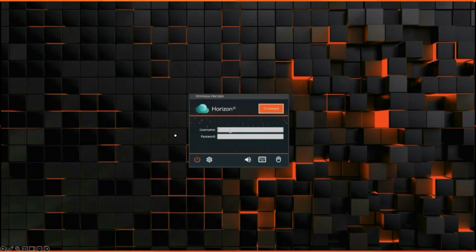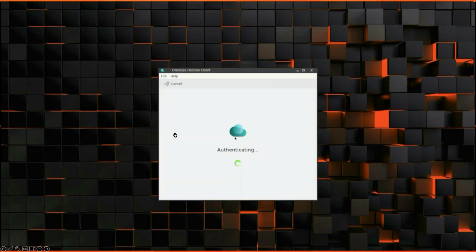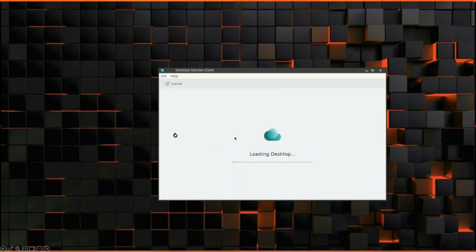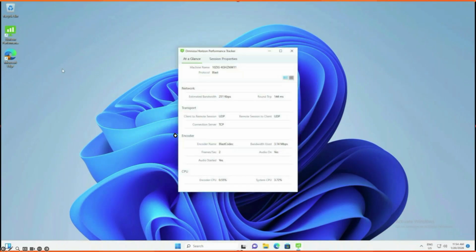Now, what we'll do to conclude the demo is sign in to Horizon and launch the Windows 11 desktop. And it's as quick as the password enters in. So it launches the Horizon client. And then because we configured the client settings in this scenario to automatically connect to our Windows 11 desktop pool, it establishes the connection very, very quickly and seamlessly. So the key summary here, actually before we finish, just let me show you the Horizon Performance Tracker.